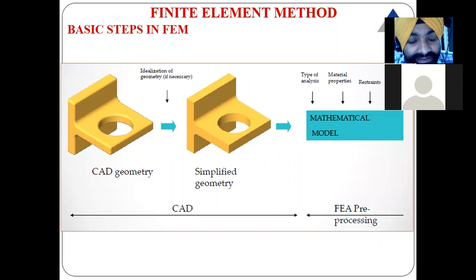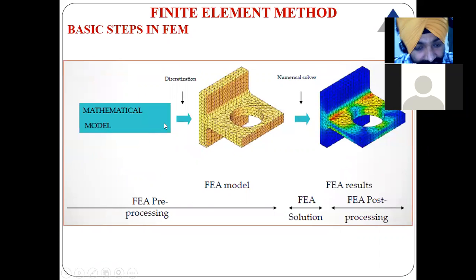This is the CAD geometry that you have created in AutoCAD or some CAD software, and then we have simplified it. The corners are very smooth in this particular case. I created it so that it can be simply used in FEA. Now we put it in an FEA tool, FEA software, for stress analysis. That model is converted into a mesh. This is the mesh generated on the surface. This is the FEA model, with pre-processing and post-processing.